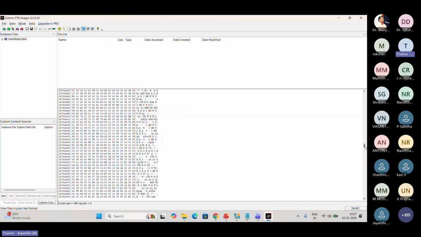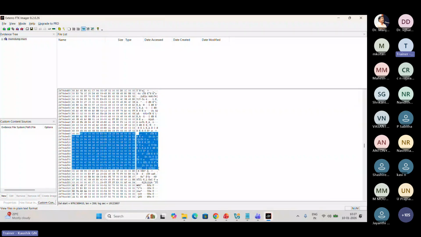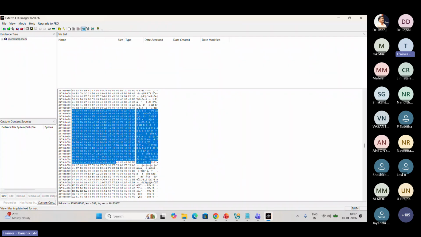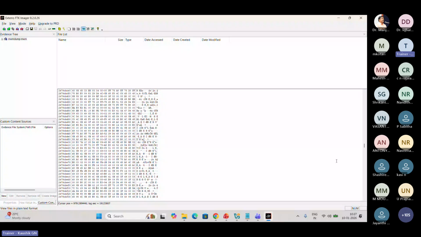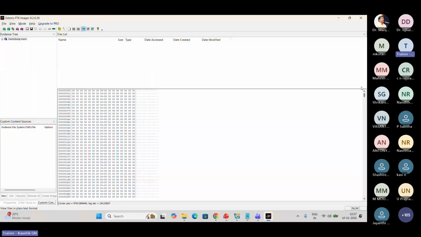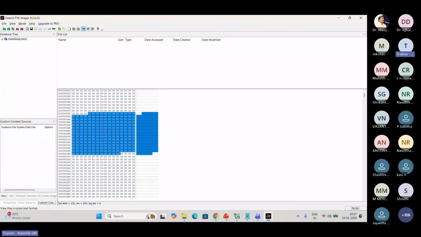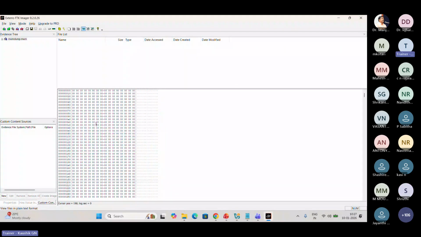The encrypted file is here, and all the bits are in hexadecimal format. So bit by bit data is captured. How to analyze it? For that you need to be very expert. So this is how the capturing is done, especially for the RAM.